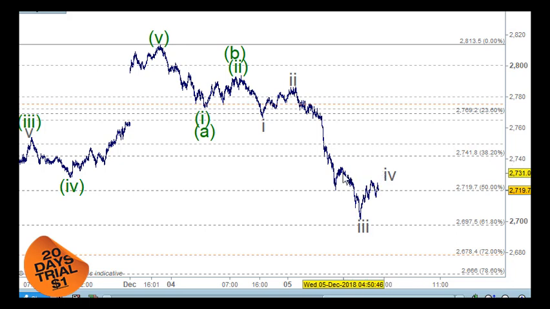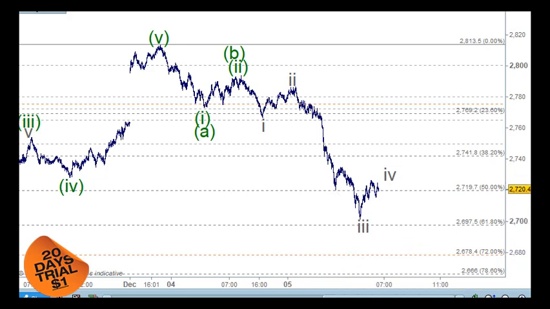It will probably be a bit lower than that. So what we need to see here, this could be construed as an A wave, a B wave, and a C wave down into the 50-60% retracement level. But if we see 5 waves moving down through here, which is likely, then we can move much lower from that point. So we've got this pattern here.